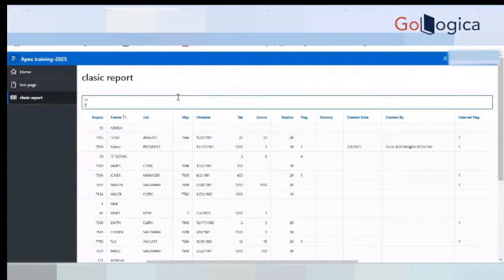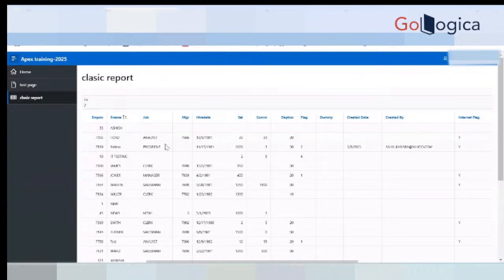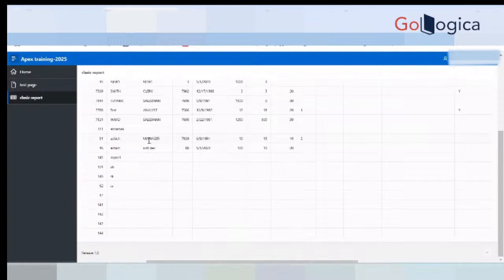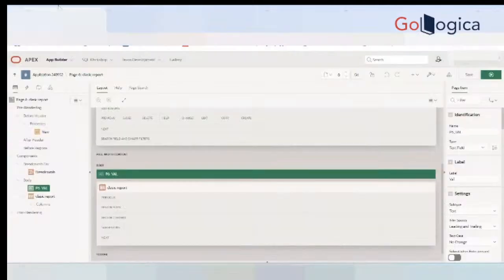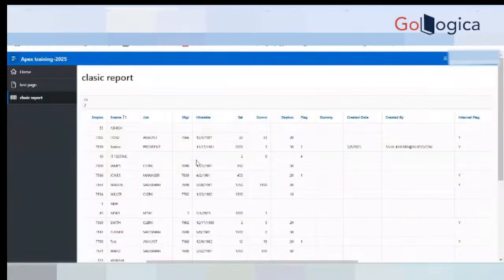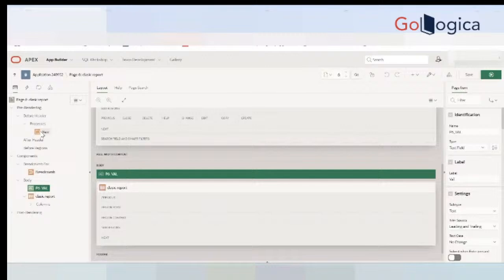I mean, this is just a variable. Does moving it affect the scope of the variable? No, it will not. It is just independent from the classic report. There is no link between this and this because I have not made this classic report a parameterized report. This is just select star from EMP. There is no dependency with the P6 value. So I am just setting the value of P6 value